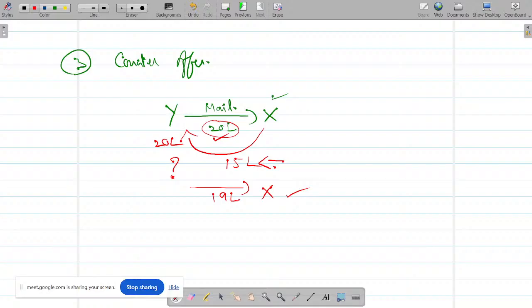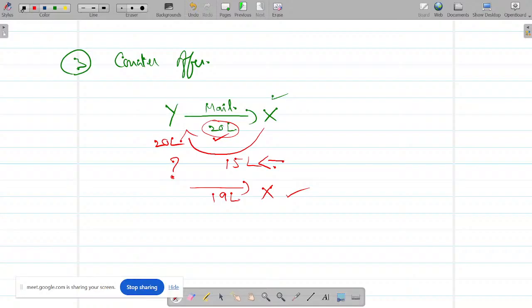See, I'm just giving a rough figure. It can be anything. He may be saying that, no, I cannot give for 20 lakhs. Then again, X may be saying that, okay, I'll buy for 16 lakhs. Then again, Y will be saying, no, I'll give only for 19 lakhs. This is how it will go. How you bargain with the auto wala, the same thing is being done here also.